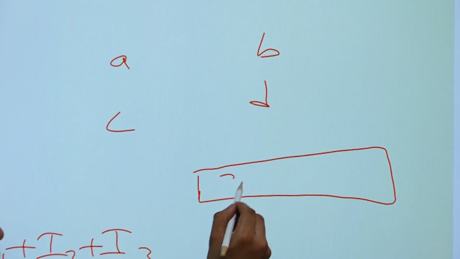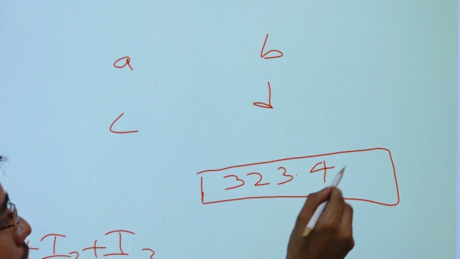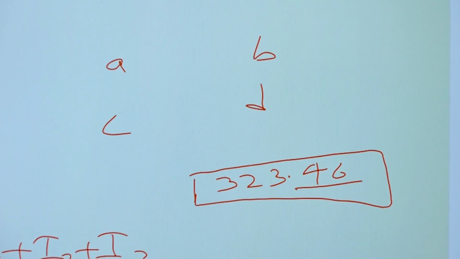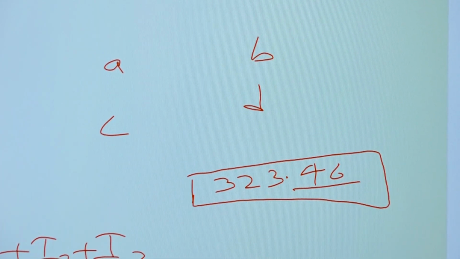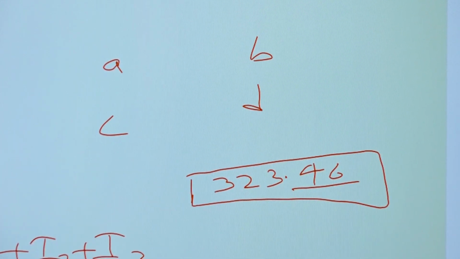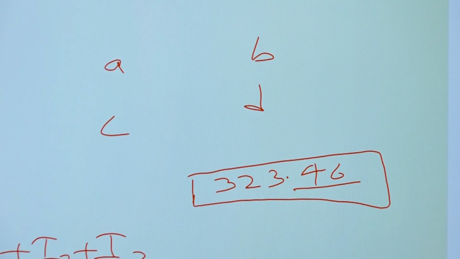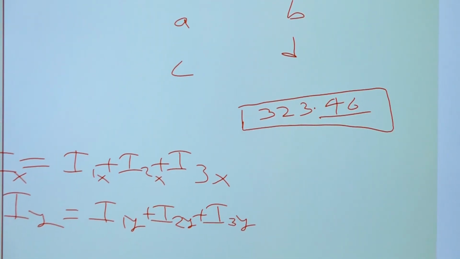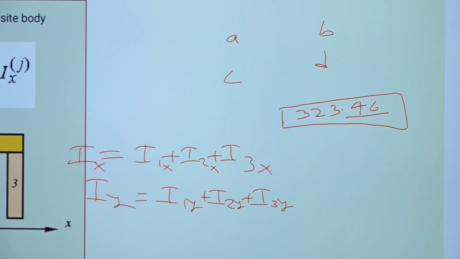Suppose the answer is 323.46, then you have to type it to 2 decimal places. I made a mistake in the decimal places and lost marks. Actually there is no negative marking for these questions, but I could not get it right. I got all the tough questions correct, but finally I got wrong the question in which I had to find a simple moment of inertia. So that's how our calculation should be very good.